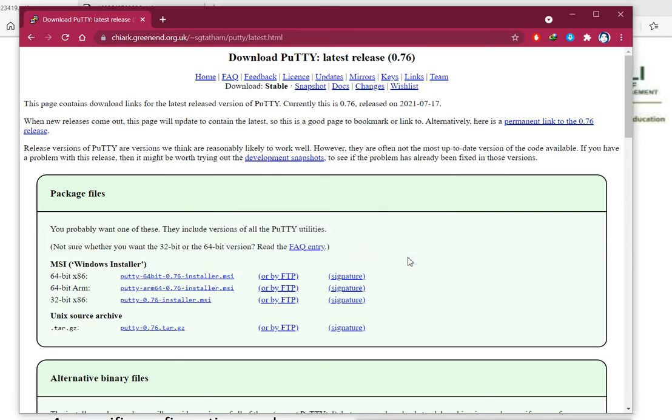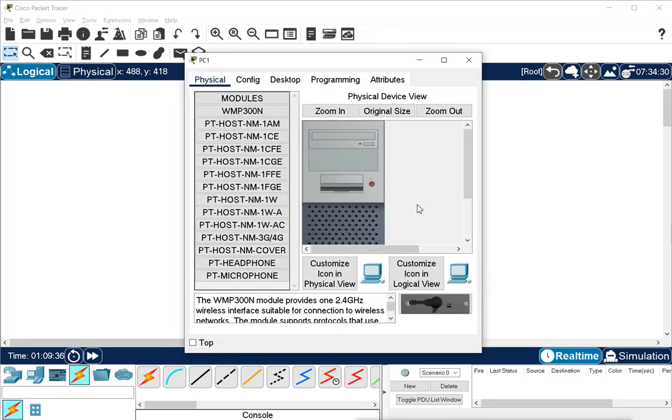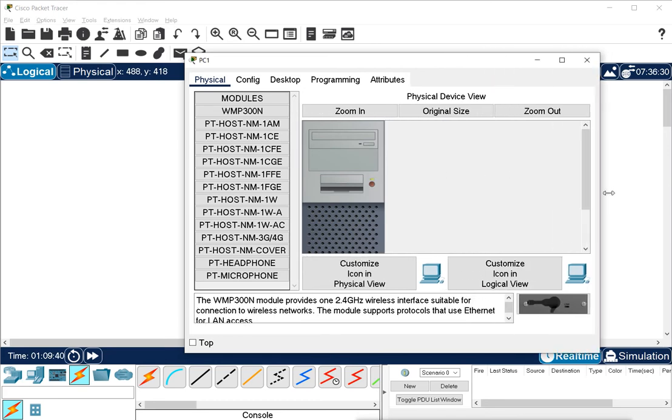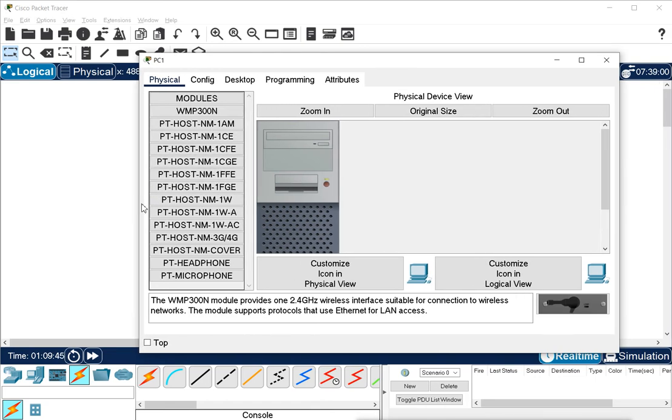Now how are we going to do it in our virtual machine, in our Packet Tracer? In Packet Tracer we'll do it the same as you do it on the physical machine. This is our router, and we connected the router console port to our PC serial port. Then we'll go to the PC here, and in the PC, this is the physical view. Now with that physical view, we have the desktop view also.